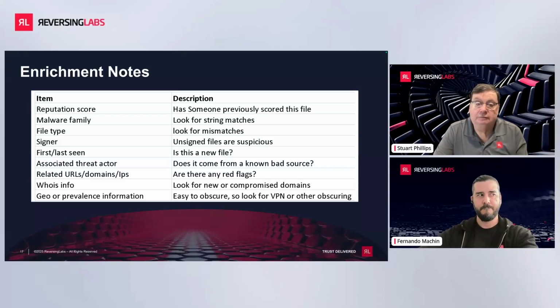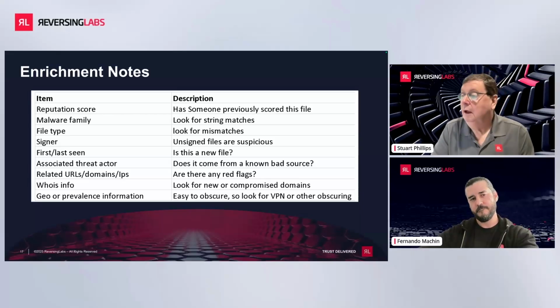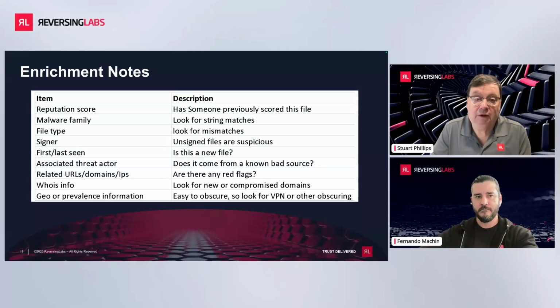And again, you've got a file, you applied binary analysis, you weren't able to figure out if it was malware or not. At this point, you're applying additional rules and trying to get more meaning out of it, trying to understand this a little bit better. And again, my favorite is file type. We see that a lot where they're obscuring the file type, and that doesn't make sense. Unsigned files are suspicious, especially when they're supposed to be coming from somewhere that's trusted, but the files are unsigned. And looking at URLs, domains, IPs, things like that.